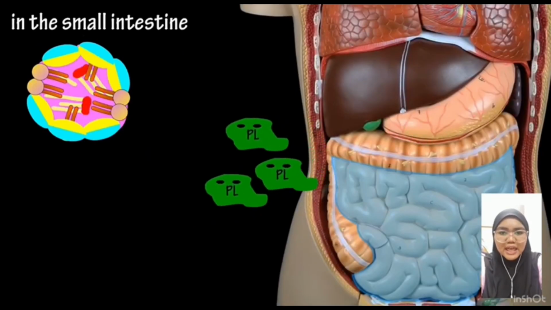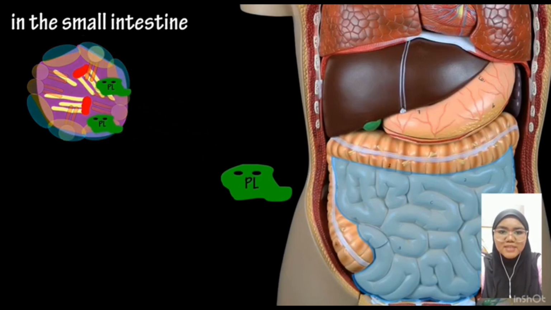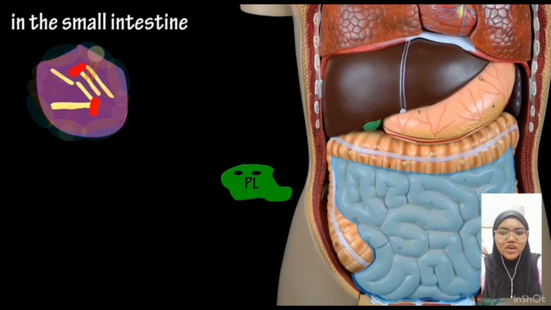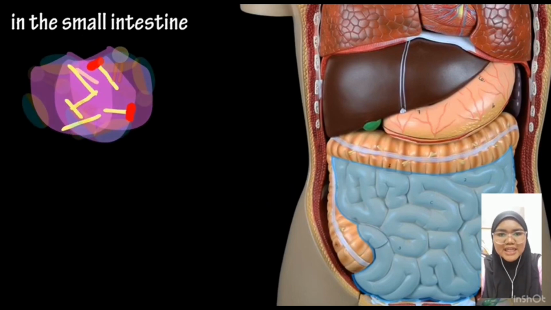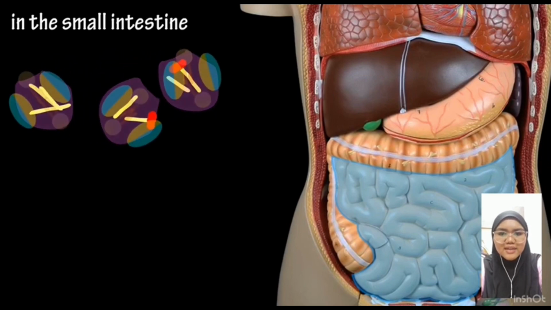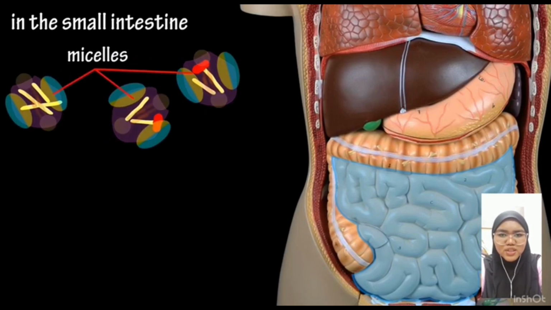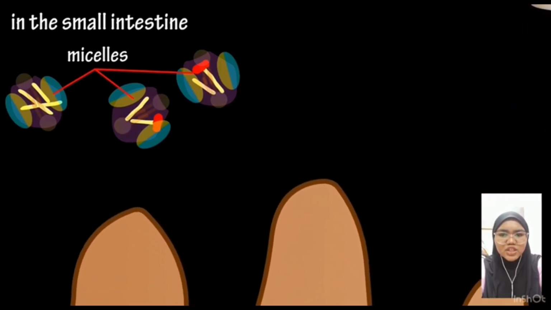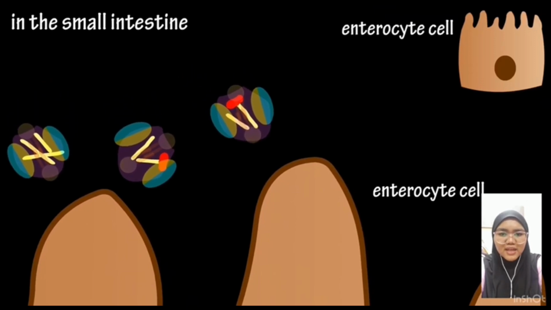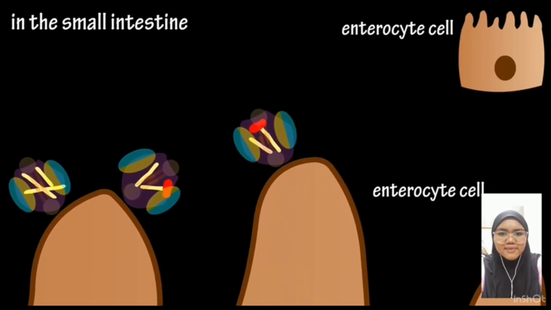Now pancreatic lipase, which is an enzyme released by the pancreas into the small intestine, has greater access to the fat and can digest them into mainly monoglycerides and free fatty acids. This then associates with the bile salts and the phospholipids to form micelles, which are smaller than the emulsions droplet. Basically, the micelles transport the monoglycerides and fatty acid to membrane of the enterocyte cells of the small intestine, where they absorb across the cell's membrane into the cells inside the